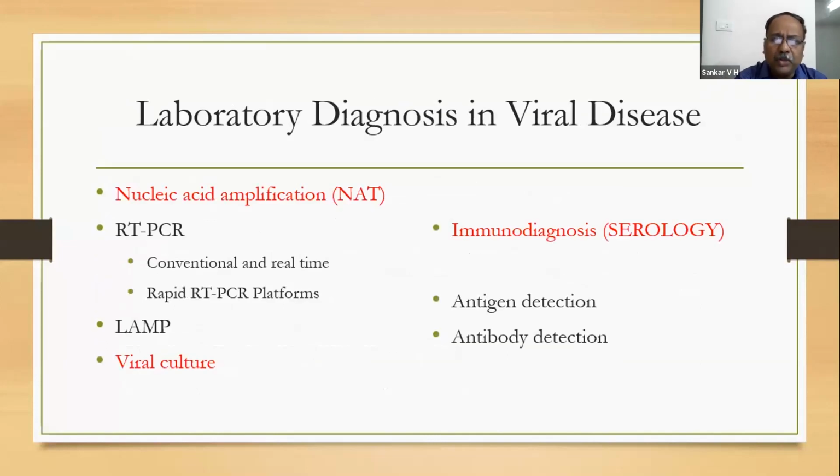Now we will come to what the different tests available for COVID-19 infection are. The most important and accepted test is the nucleic acid amplification test. As I already told you, RNA is the nucleic acid in the coronavirus. So you should be able to amplify it by a technique called reverse transcriptase PCR, which can be conventional or real time, which will take around 6 to 8 hours. But 6 to 8 hours is the laboratory time. Practically for a clinician, it may be 24 hours or 48 hours if the lab is not in your place. You have to transport the sample. Sometimes it will take 2 days, 3 days, 4 days.